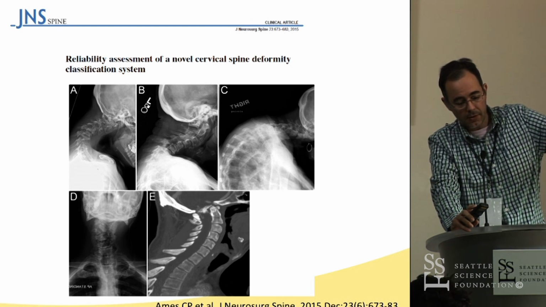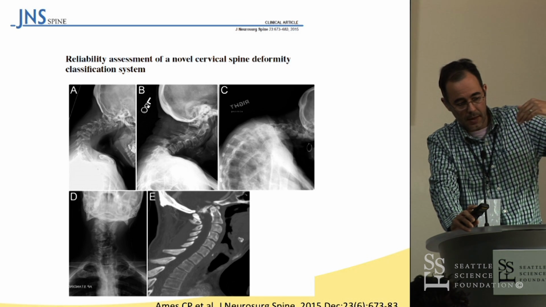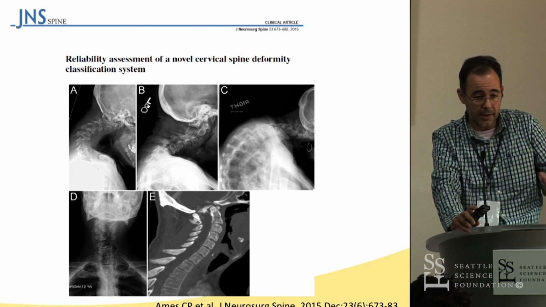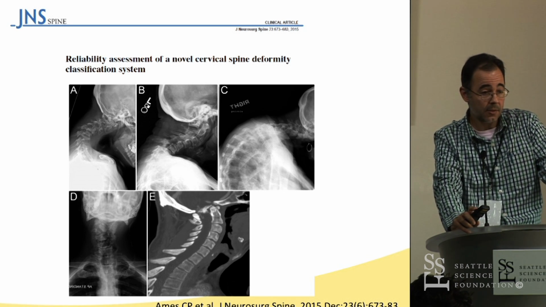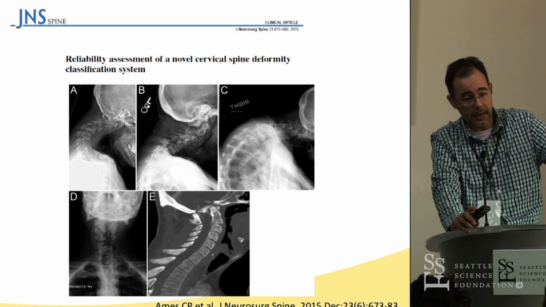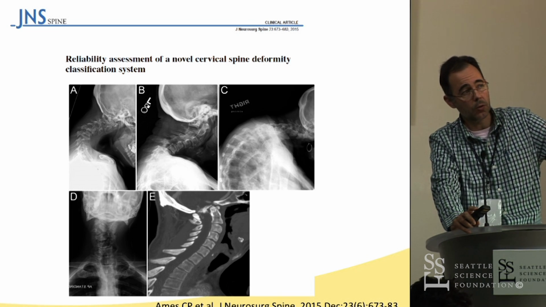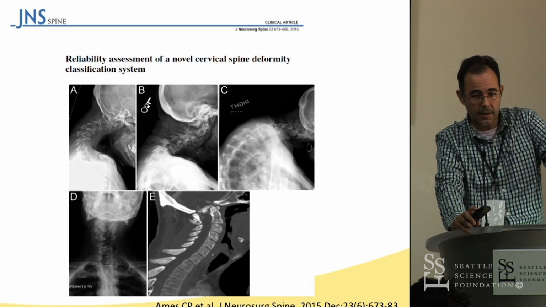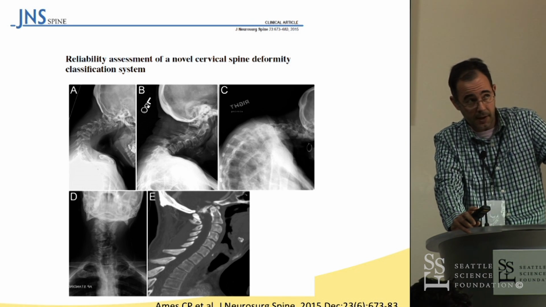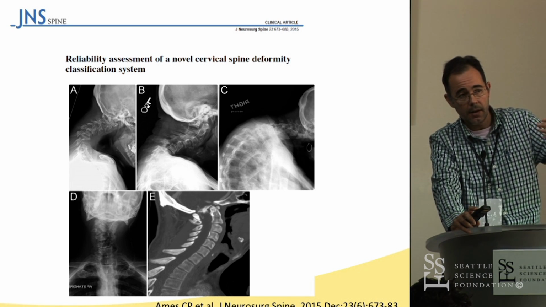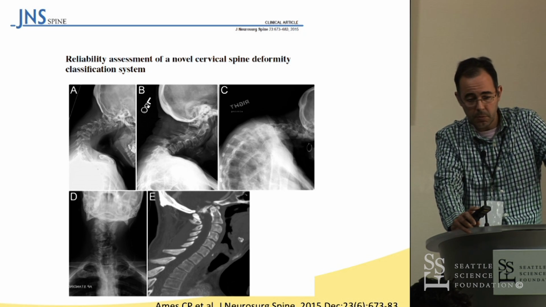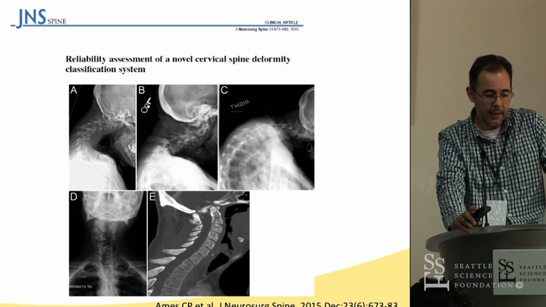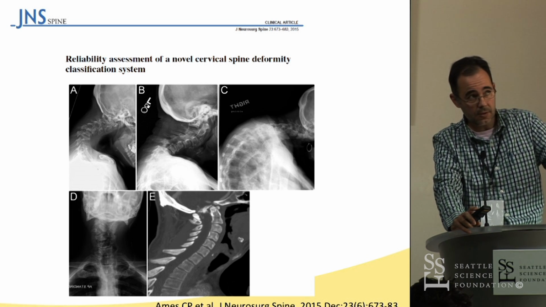Basically they're trying to say that the type of deformity is going to be different based on where the disease process is located. So you could either be all the way at the craniocervical junction or all the way further down at the T1 area, and in this way, by classifying the type of deformity, all surgeons across the board will be able to compare their outcomes, in a way where we could say that yes, this is a type A or a